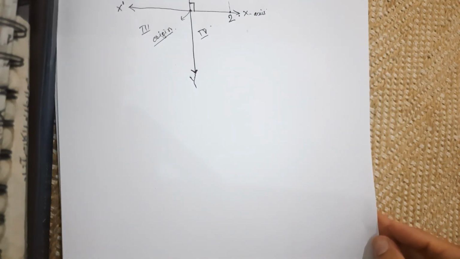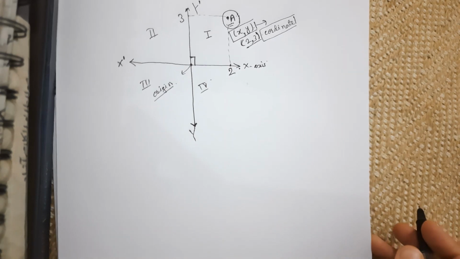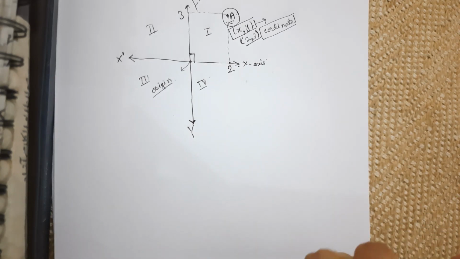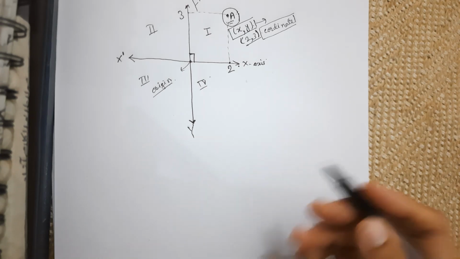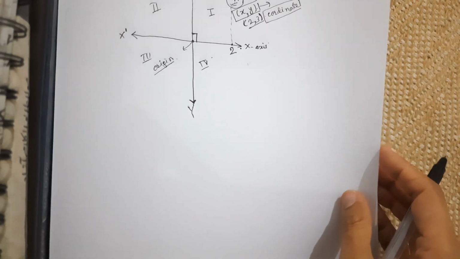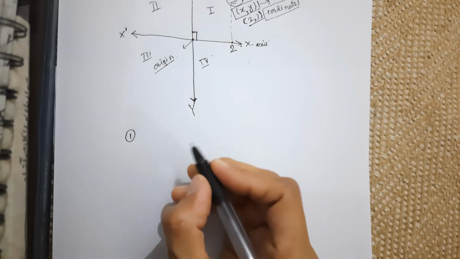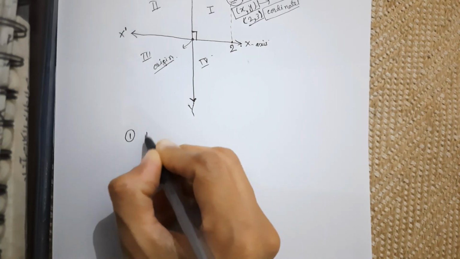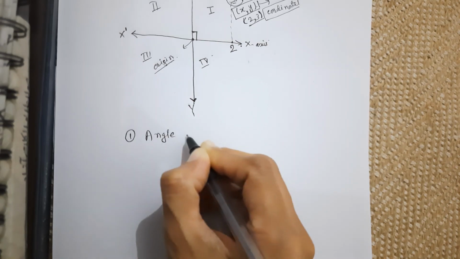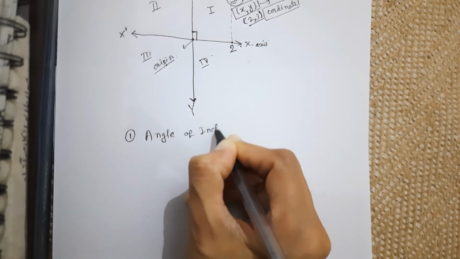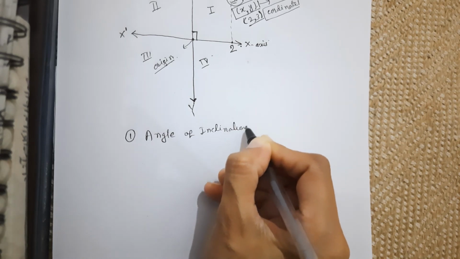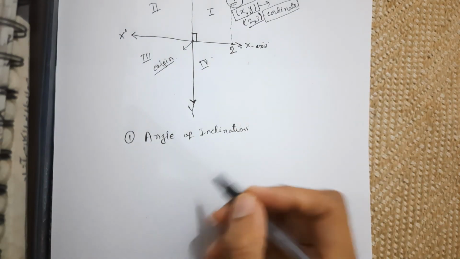Now what we are going to learn in coordinate geometry is the slope of a straight line and different formulas, different forms of slopes. Also we are going to discuss the straight line and parallel line conditions. To understand these things, the first thing I want to explain is the concept of angle of inclination. All right, this angle of inclination.